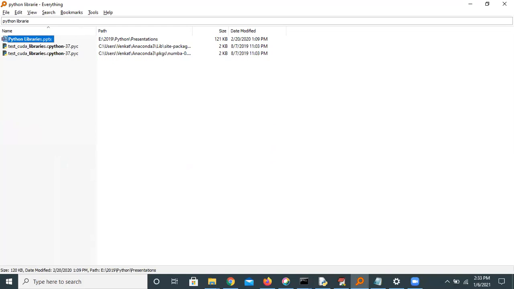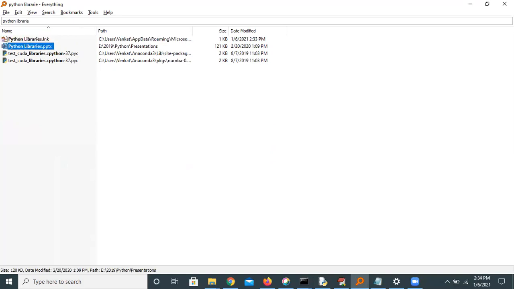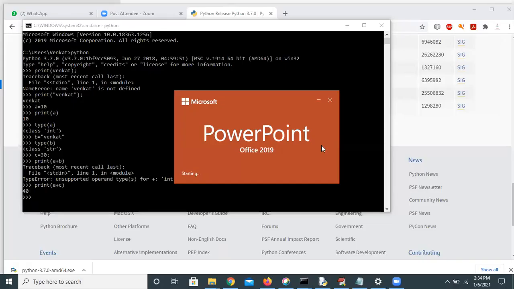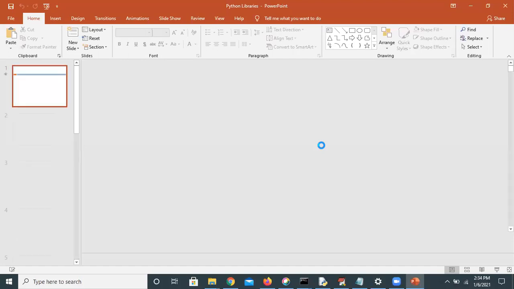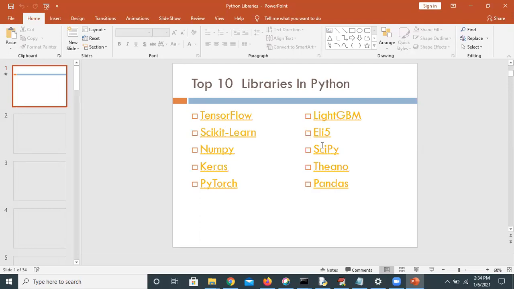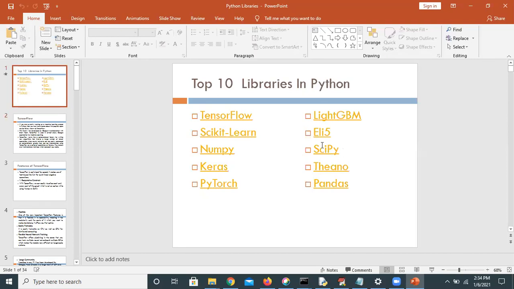I will share those libraries with you. These are the top 10 libraries: TensorFlow, scikit-learn, NumPy, Keras. You know libraries?